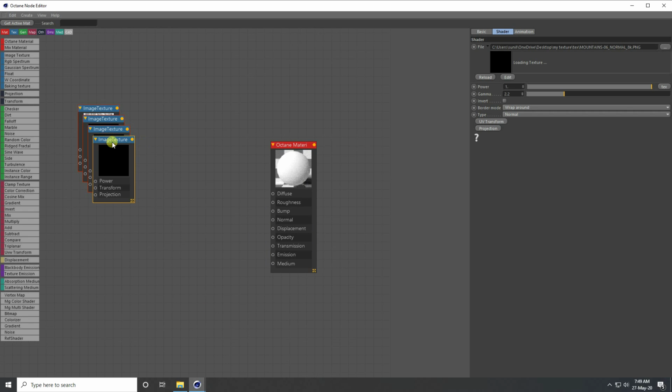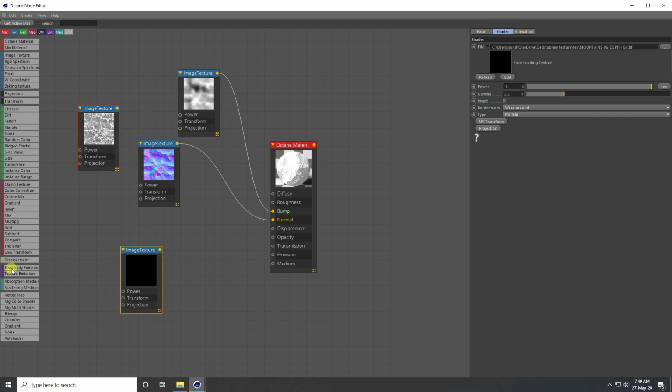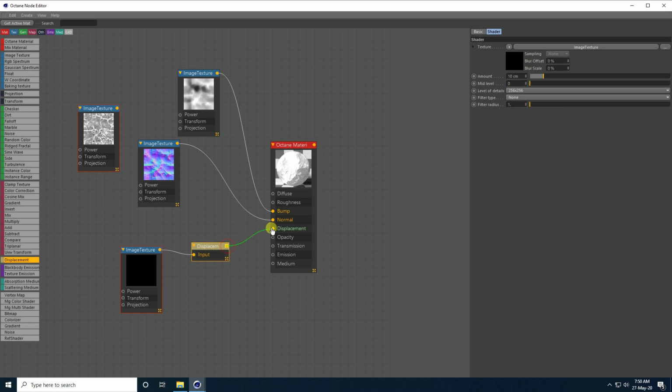Okay, so guys, select this texture, that's my normal map, connect with here. And second one, guys, that's my height, so connect with bump map. And third one, that's my depth, so this time use displacement, connect with input and connect with displacement.